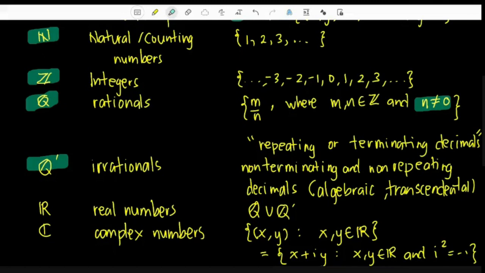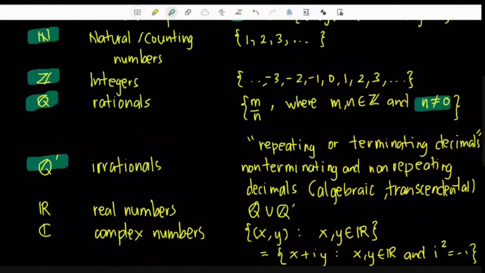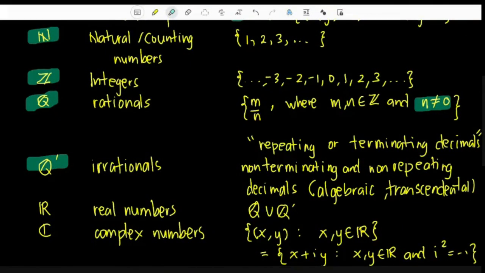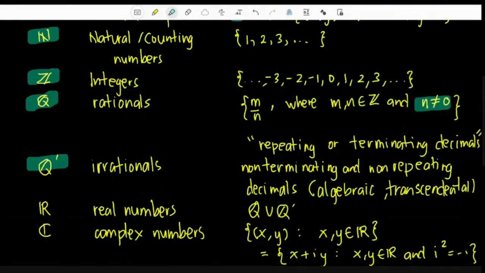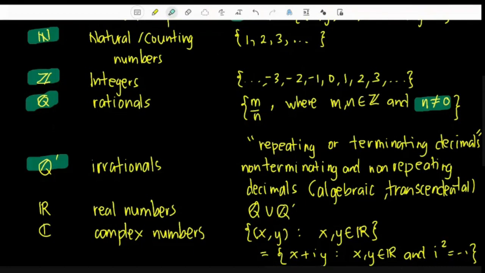So there are two kinds of irrational numbers, an algebraic irrational number or a transcendental irrational number. When you say algebraic irrational numbers, these are irrational numbers that are solutions to algebraic equations. Like for example, square root of 2 is a solution of the equation x squared equals 2. So, yung solution nun is square root of 2. So, that's an example of an algebraic number. On the other hand, transcendental numbers are any irrationals that are not algebraic. For example, the irrational number e. So, it's not a solution of an algebraic equation. The trigonometric values rather. So, those are transcendental